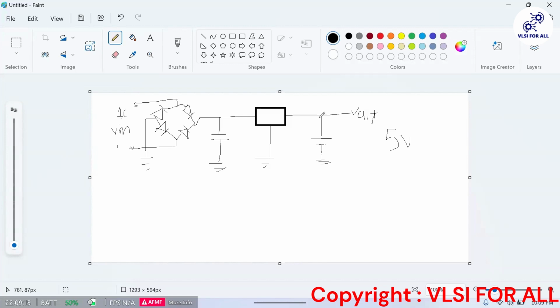Before, we were not using the bridge rectifier, so the final output should be... No, no, no. See, what is the significance of a bridge rectifier? A bridge rectifier's significance is to convert AC voltage to DC. The transformer is providing us 220 volts stepped down to 12-volt AC.